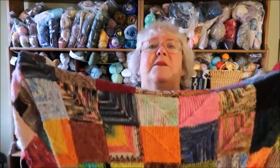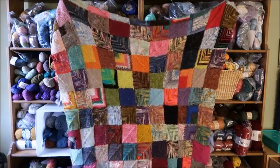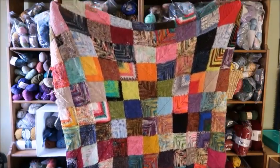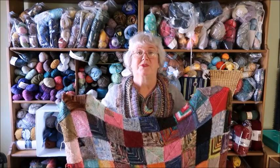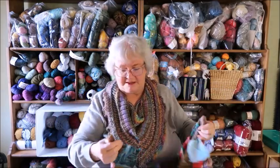Now my works in progress. We'll start with the knitting because the crochet is a total fail this week, and I need some advice. So here is my blanket. I will stand back here as far as I can to hold it up for you. It is 12 squares across by 12 squares down, so it's 144 squares now, and I will show you the ones I did this week